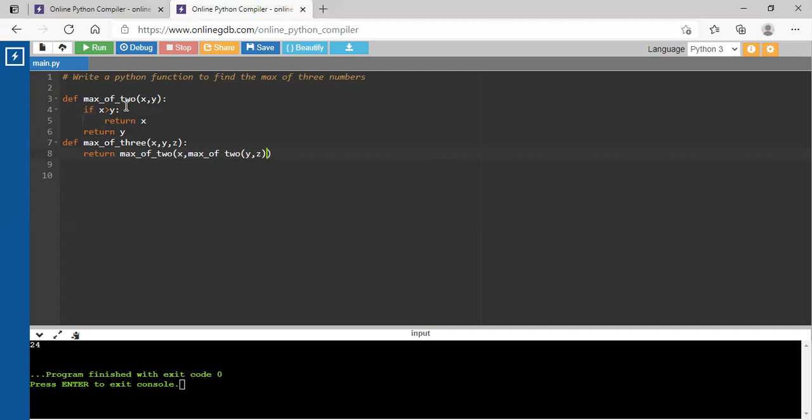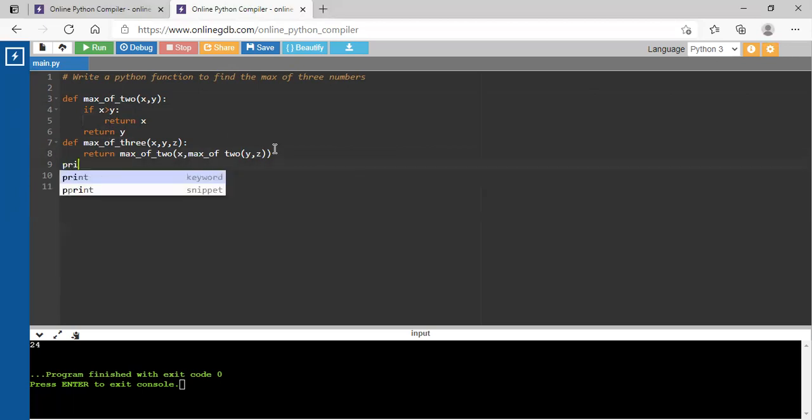So what do you mean by this? It will check the max of two numbers. Now what are the two numbers? One is x and the second is max of 2 of y and z. Whichever number is greater, it will check from that. The max of 2 will call the function that we have made. So here x is y, y is z only. If y is greater than z, return y, else return z. It doesn't mean now it will only work with x, y. Whatever the actual arguments are, it will convert into those. So these are the two definitions.